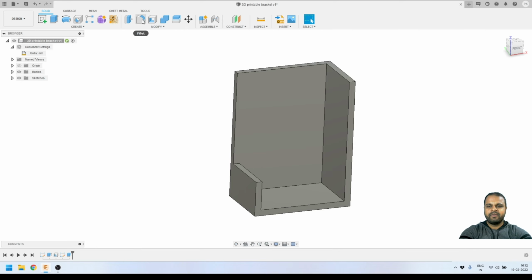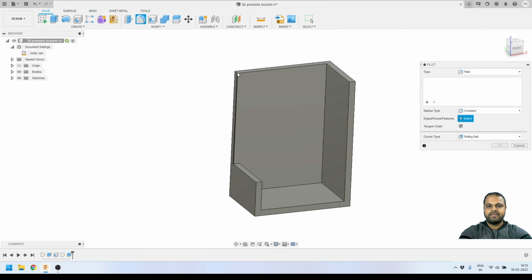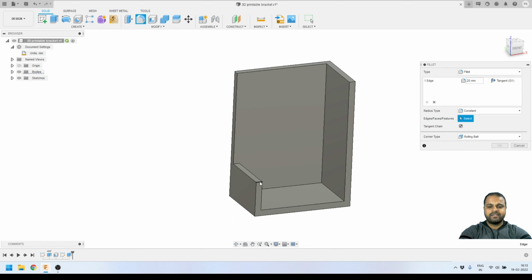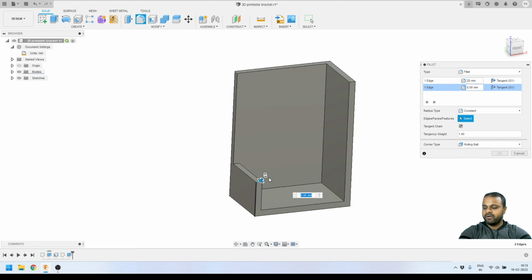So I will activate my fillet tool from here, and then I will select this corner as a fillet corner. Here I want to apply a fillet of 25 millimeters. To add another corner, I will just click on plus here. Then again I will select this corner, and on this corner I want to apply a fillet of 5 millimeter radius. So here you can see we are getting two different kinds of fillets just by using a